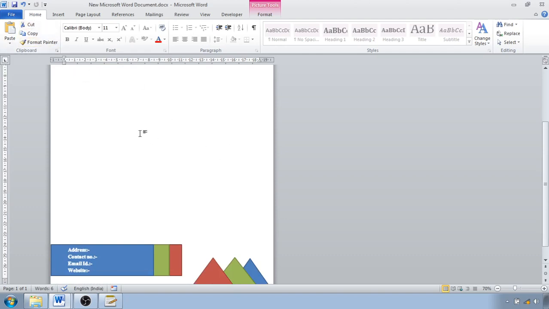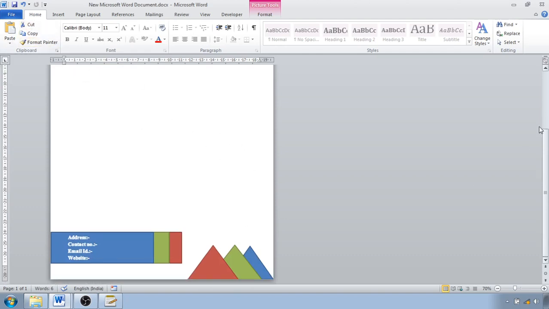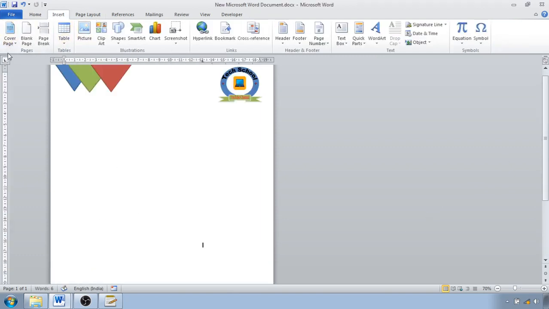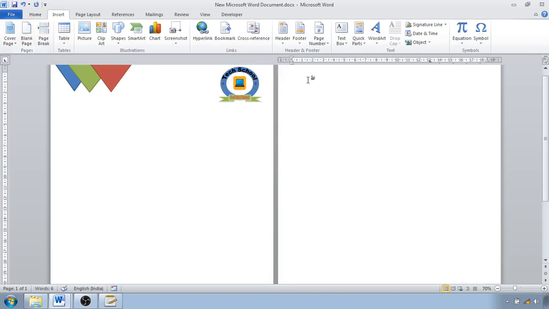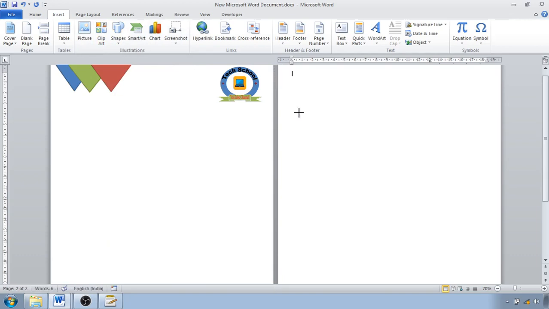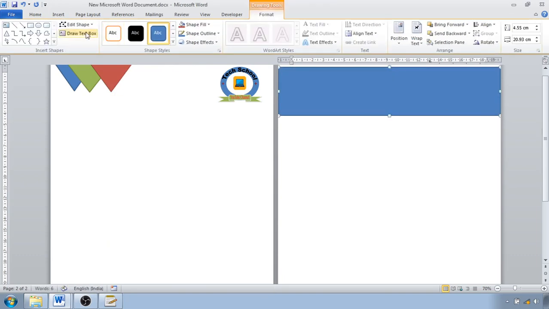If you want to know how to create another one, I will insert a blank page. Now you can see you can add shapes like this, the square one. If you want some other shape here, you have to edit the shape: click on Edit Points, and you can see a red line over here, you can drag it like this. So this way you can create, and insert one more shape